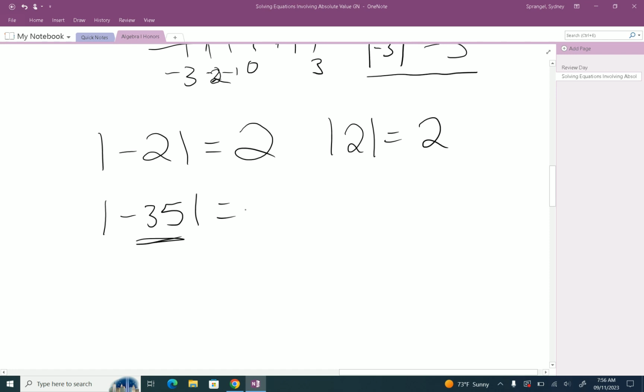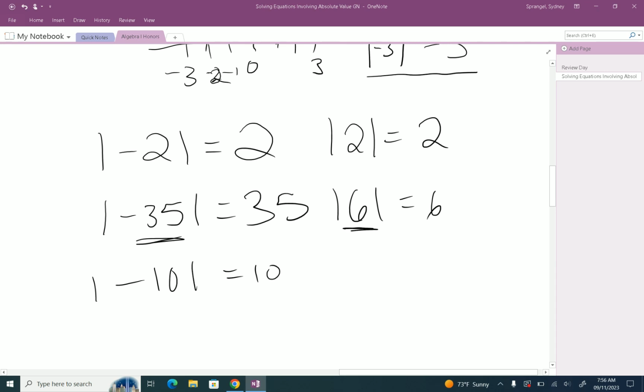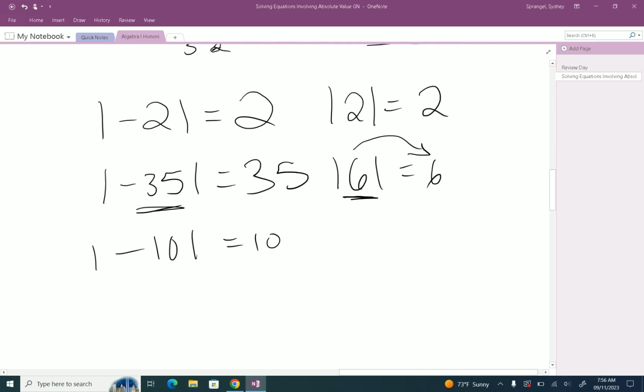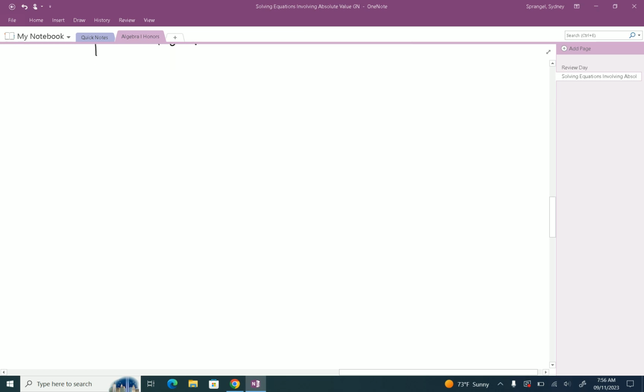So the absolute value of negative 35, positive 35. The absolute value of 6, 6. The absolute value of negative 10, 10. So whatever is in the absolute value bars is going to be your number written out here, but positive, always positive. So if I have written the absolute value of x is equal to 6,